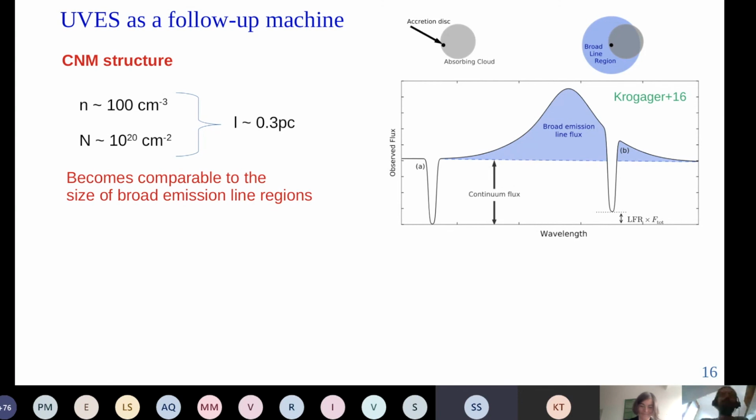Okay, so two things. First, here I'm talking about intervening systems, so we are not in the quasar where you have flows and very high velocities. If you have typical velocities like rotation velocities of hundreds of kilometers per second, you will not expect much change. Then the point is that we actually try to do this. There are very good spectra taken at various epochs, like with UVES, we now have 20 years, so we can compare